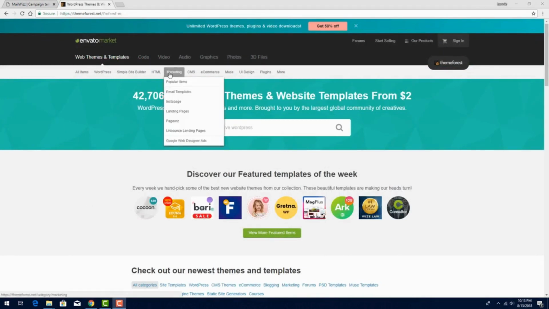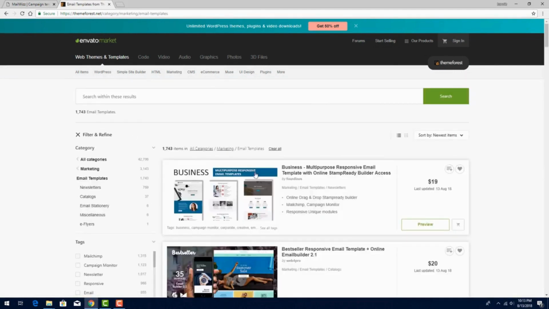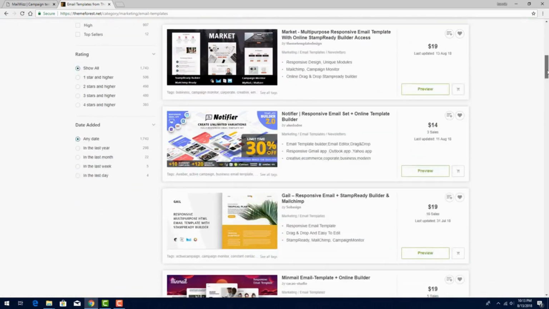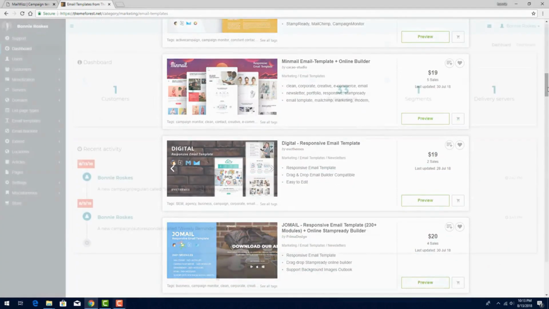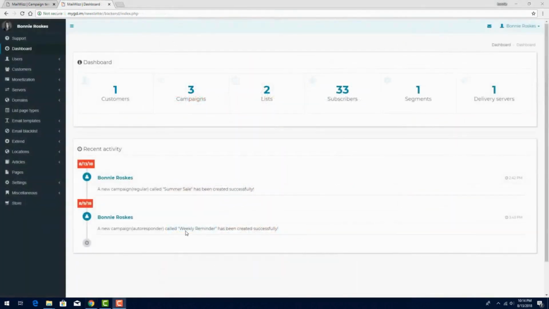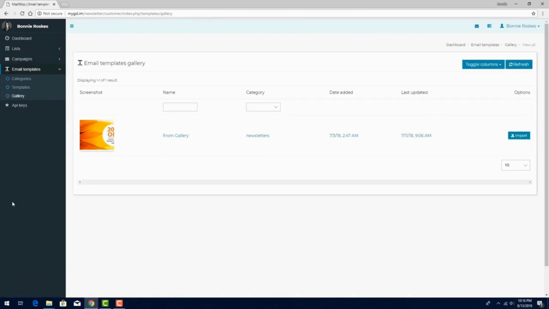ThemeForest.net. To see some examples in ThemeForest, go to Marketing, Email Templates, to see hundreds of options in a variety of categories, such as newsletters or catalogs. Anything you purchase here can be downloaded as a zip file and imported back in my customer dashboard. If I go to Email Templates Gallery, I'll see all of the templates provided by the admin, which for now includes just this one. I can click Import to bring this into my own customer gallery,